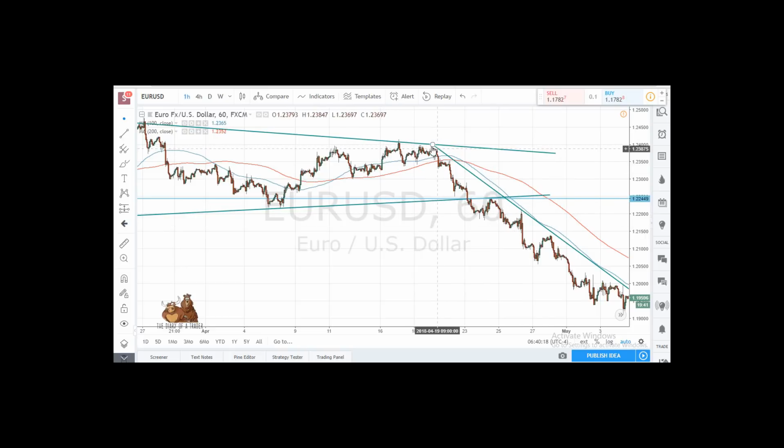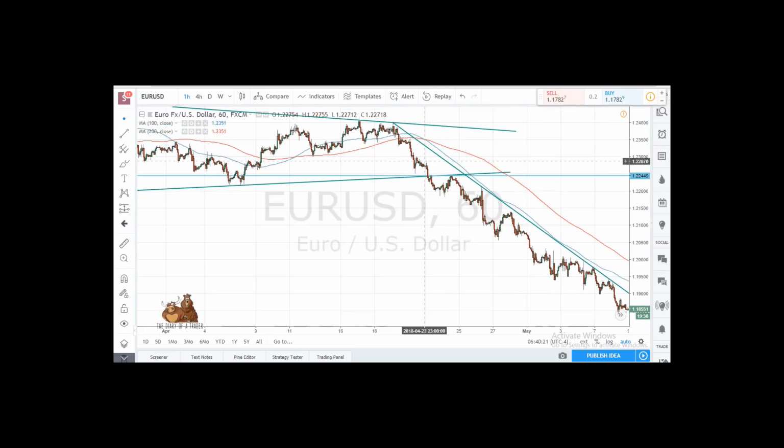Here you can see we have this downward sloping line. It's a diagonal resistance that is keeping the price below it. In this particular method, unlike some other strategies, riding the trend is actually only a plan, so it might contain different methods in order to implement it. In this method we are trading the triangle, so we broke down the triangle, and the second part is that we are also trading this